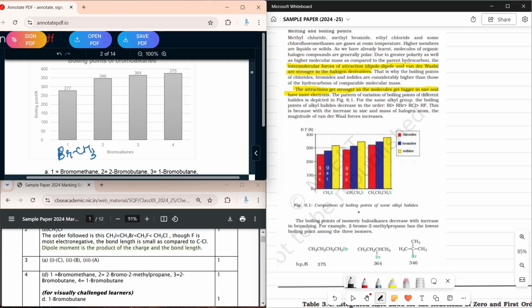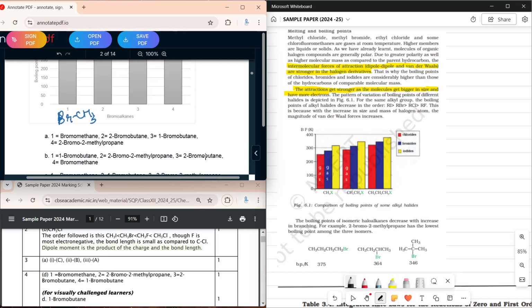When there is more branching, essentially what I'm trying to say is that the more the branching, the lower the boiling point. So the next one is going to be 346, and the values are actually given here. So 346, which is 2-bromo-2-methylpropane. Then you have CH3, CH2, CH, CH3, which is